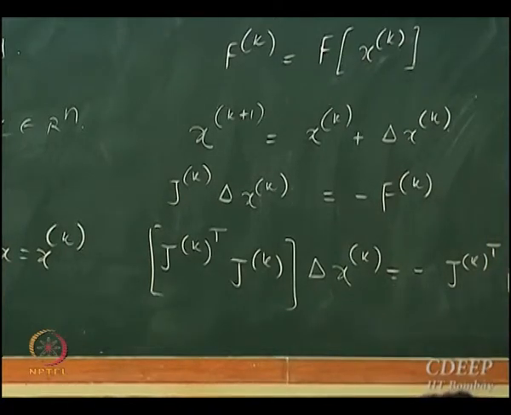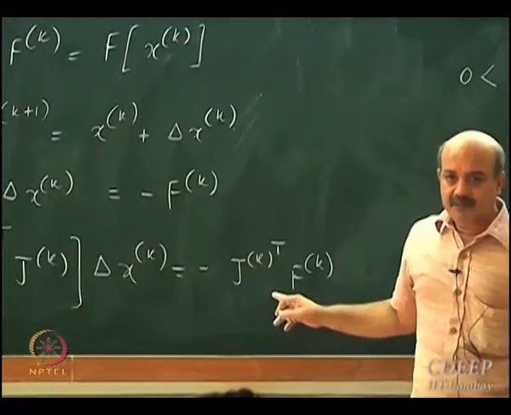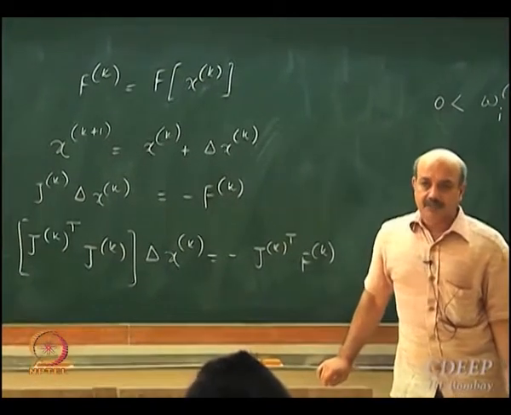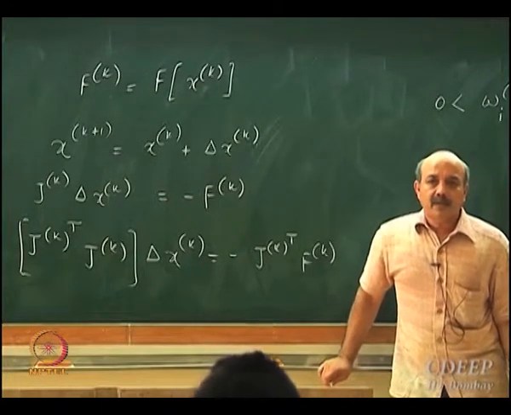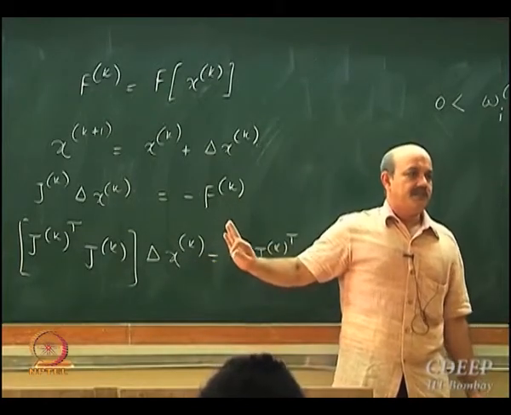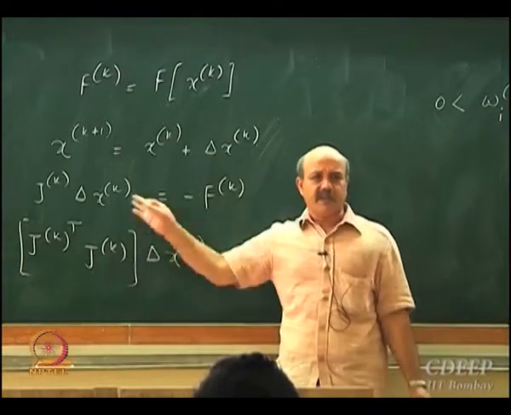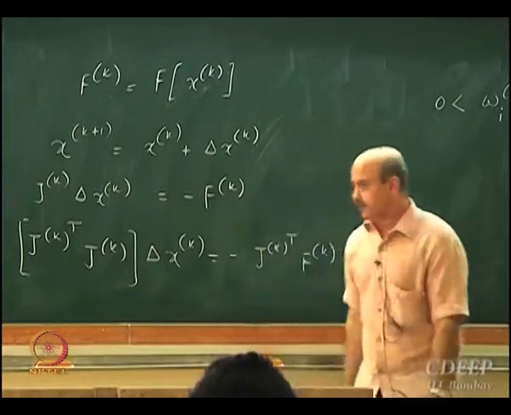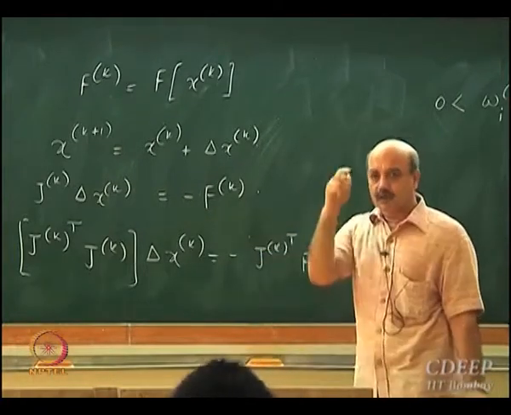In fact, in the computing tutorial which I have given you, I have asked you to modify this step like this and then solve the resulting problem using Gauss-Seidel method, right. Why? What is the reason? This becomes positive definite, and Gauss-Seidel method is guaranteed to converge, okay. In general, when we work with positive definite matrices, matrices are well conditioned, easier to work with. So instead of this step, we often implement this step. There is one more modification.